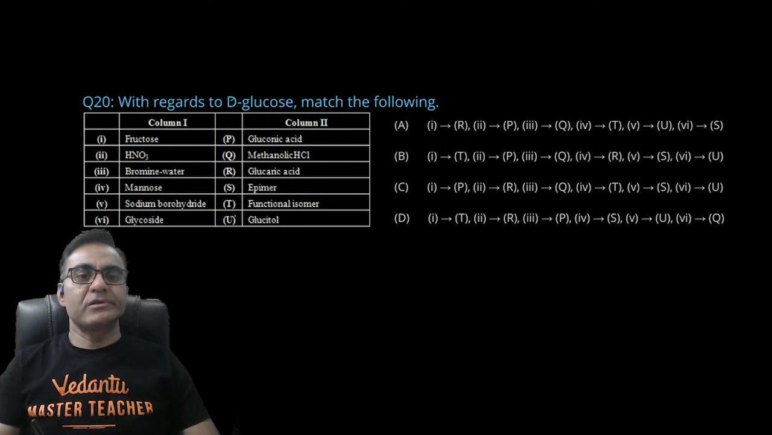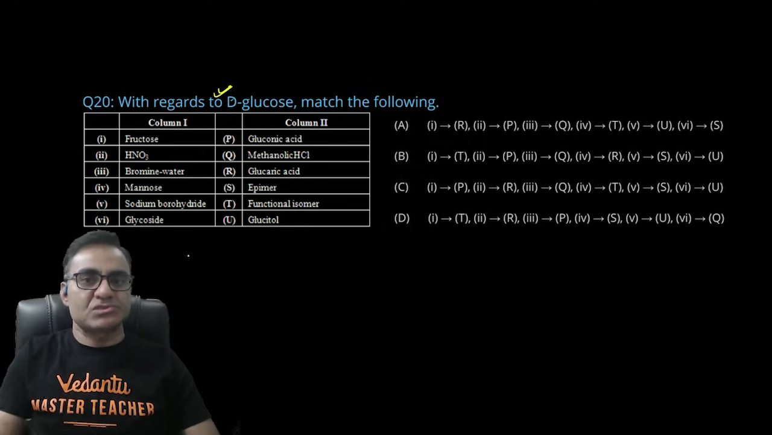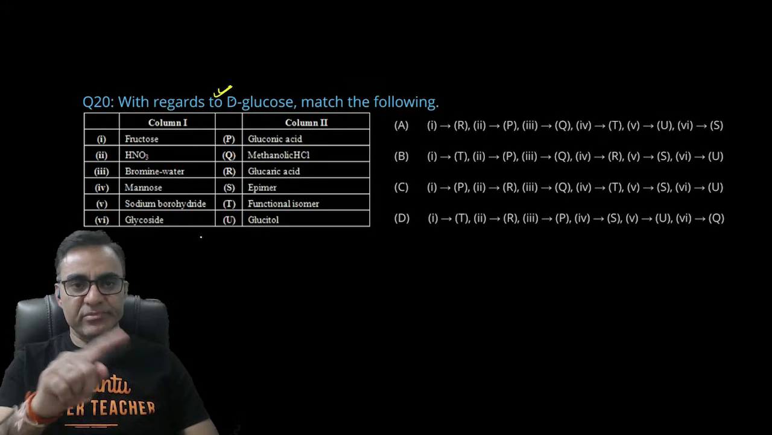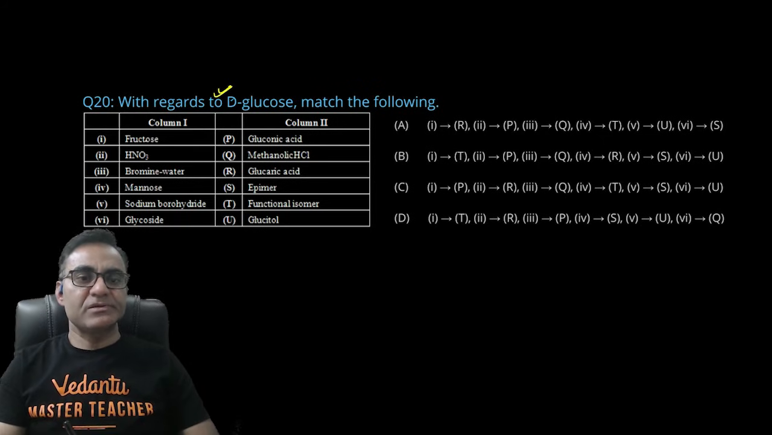In this question, the information in column 1 and 2 are given related to D glucose and we need to match this information between them. जैसे पहला कॉलम 1 का पहला जो स्टेटमेंट है ये है फ्रक्टोज से रिलेटेड। हमें पता है ग्लूकोज एंड फ्रक्टोज आर फंक्शनल आइसोमर, राइट। तो इसके लिए मैं T ऑप्शन मैच कर सकता हूँ।